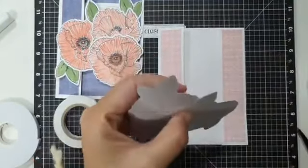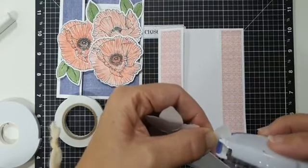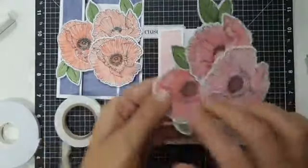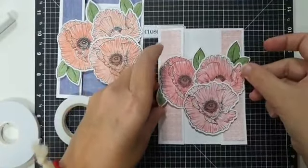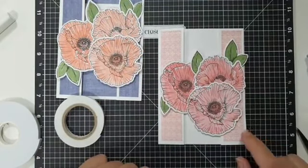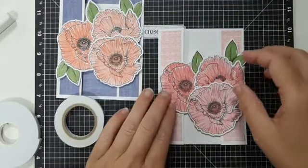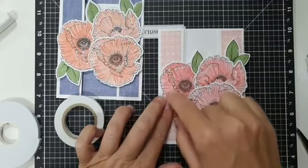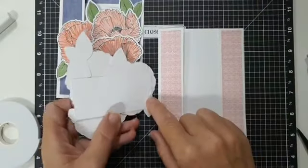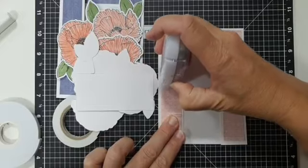So again, I'm just going to manipulate. Probably the easiest thing for me to do would be to put some adhesive in under there. And there you have it. There's all my flowers ready to stick down. Now it's this section here that actually keeps the right-hand side on the full card base. So the first thing I want to do is make sure that all of this is stuck down onto this piece of the card. So I'm going to flip that over to see how much I need to glue on here. So I'm going to put